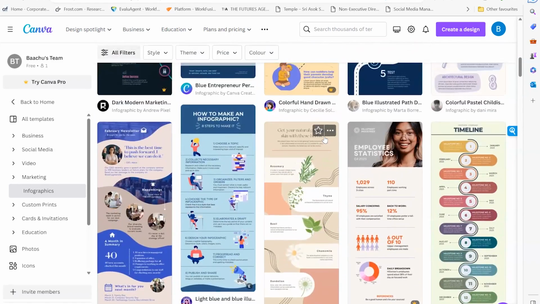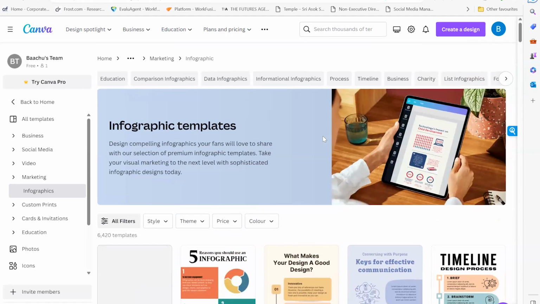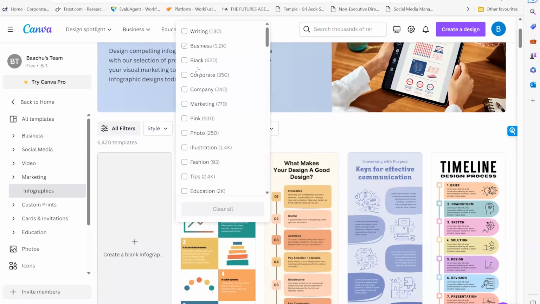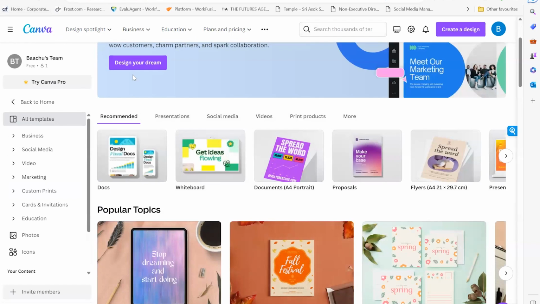Sometimes if you're just doing infographics on their own, it's better. But if you're adding infographics and other things, obviously you can go back and upload infographics that you have created there to here. But just for the fonts and consistency on the spacing and stuff, you can just go from here. So as you can see here, some are free, some are pro. So just be mindful, and you have different themes here. Yes. So that's another template which might be very, very useful for you. And then